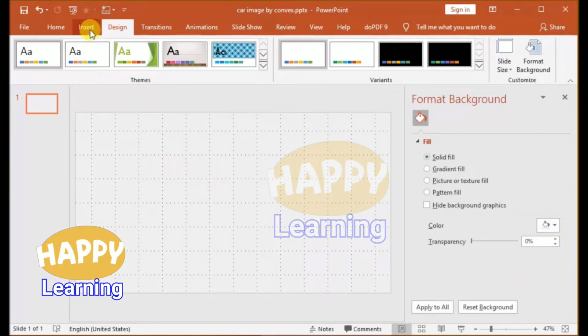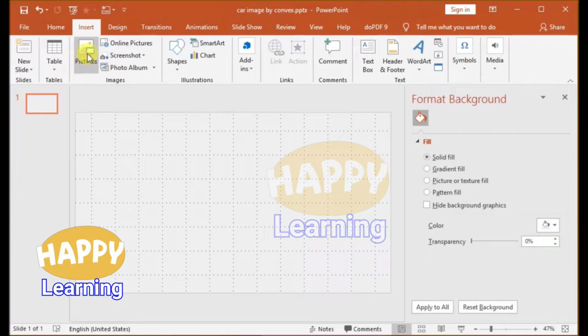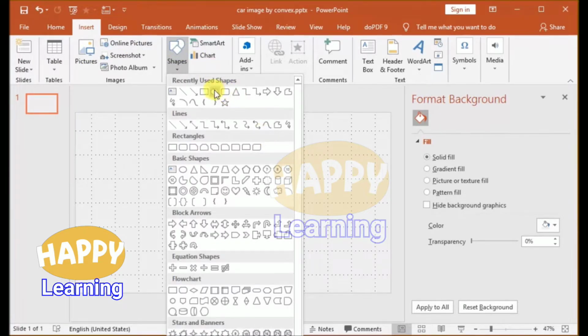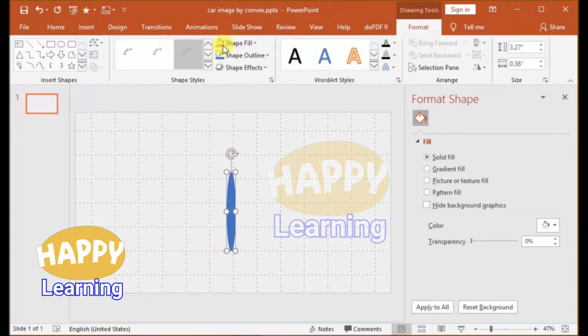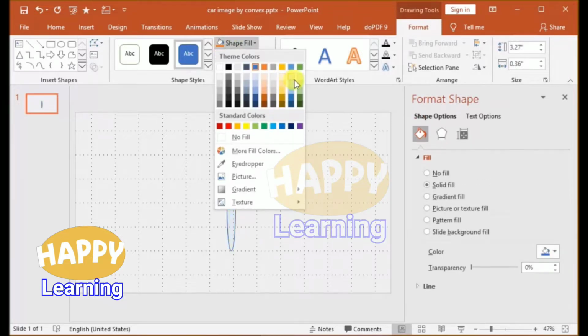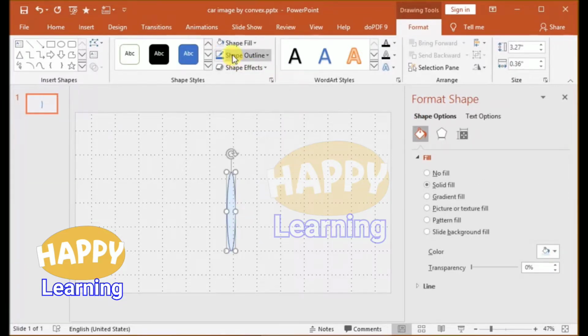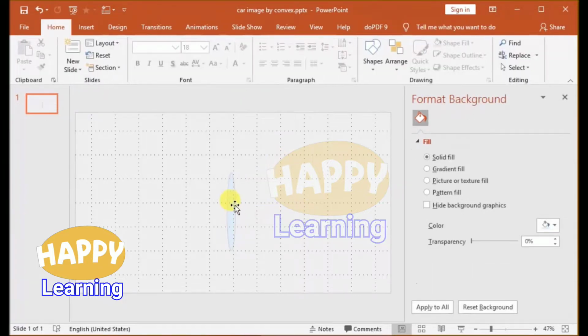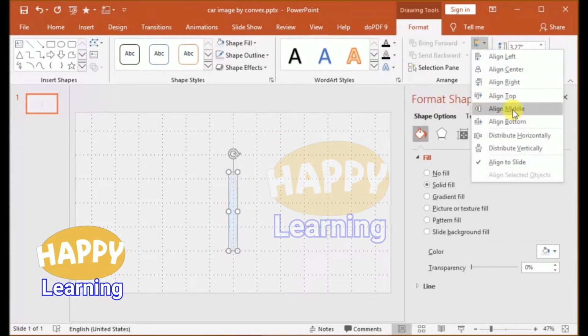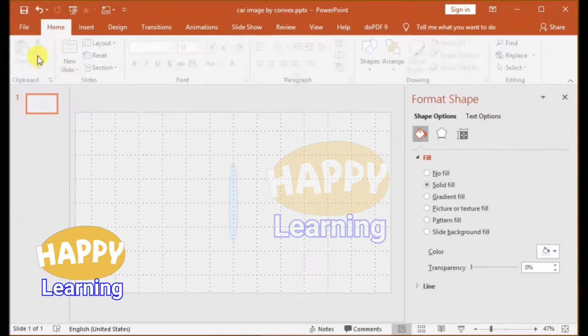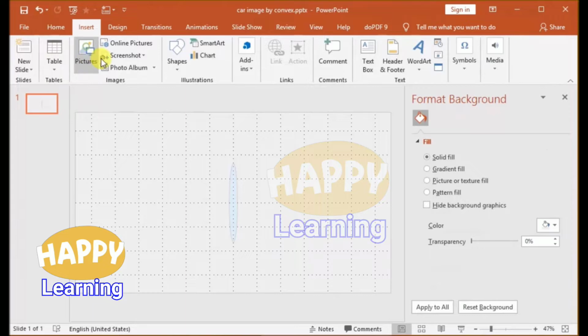Then go to insert, select a circle, draw a vertical ellipse to represent a convex lens, give some nice light blue color with light gray color outline to it. Then place it page center,